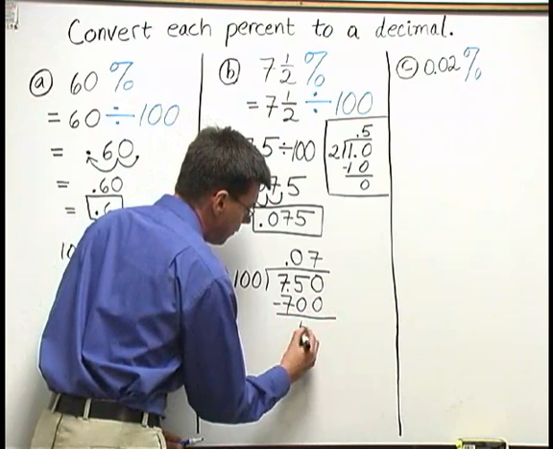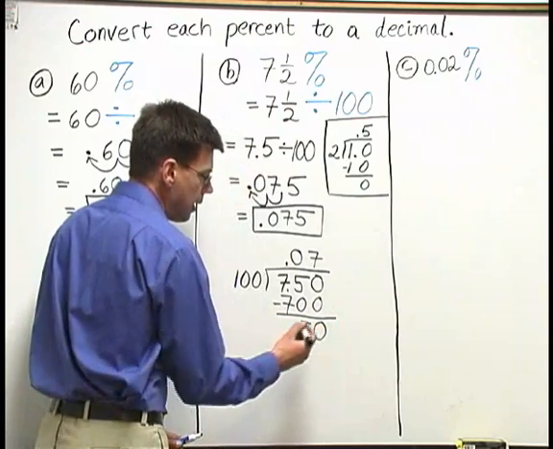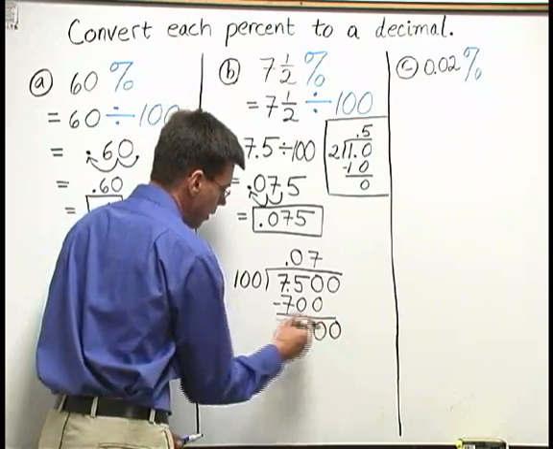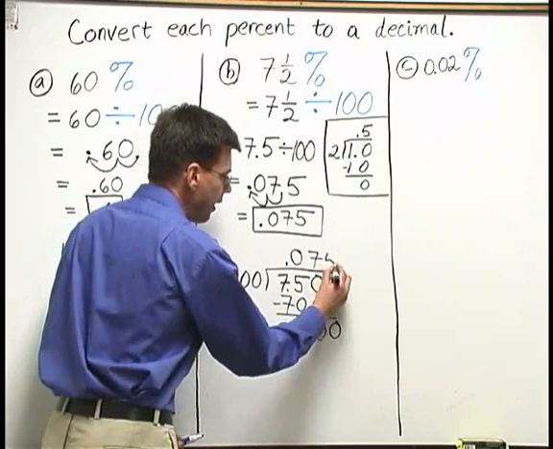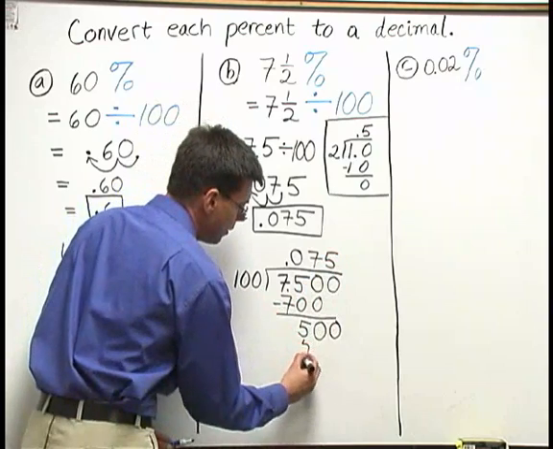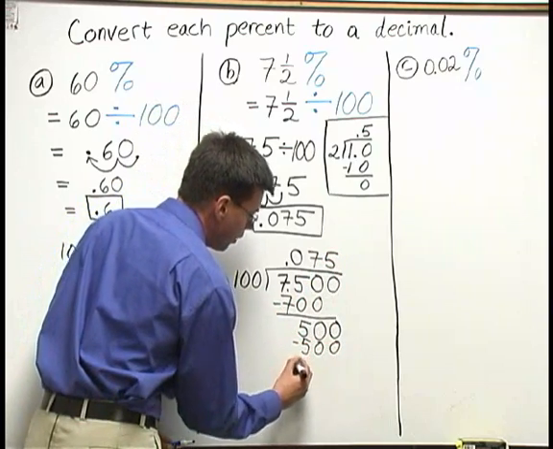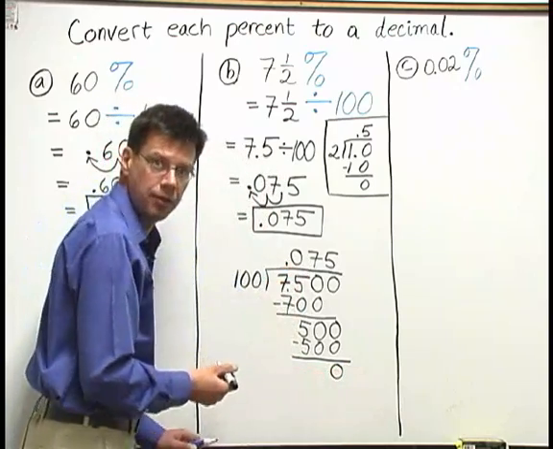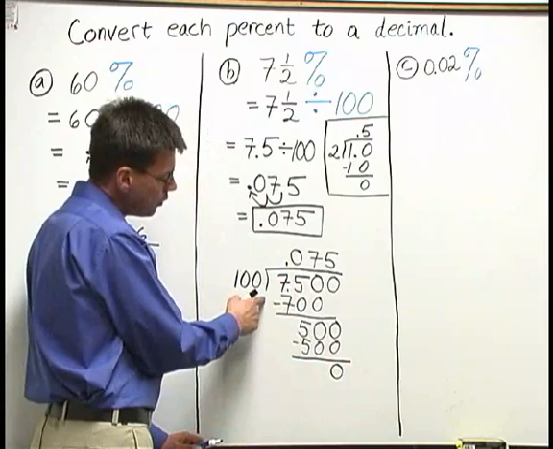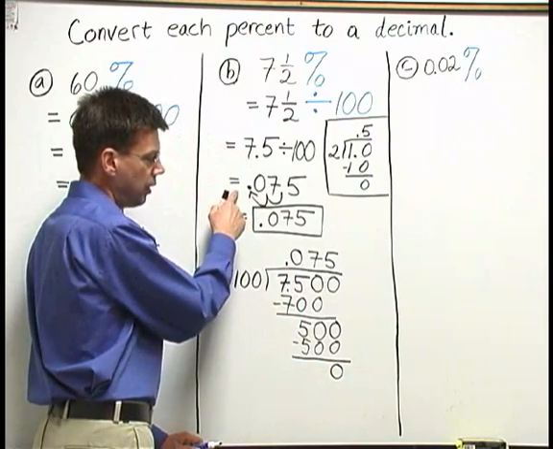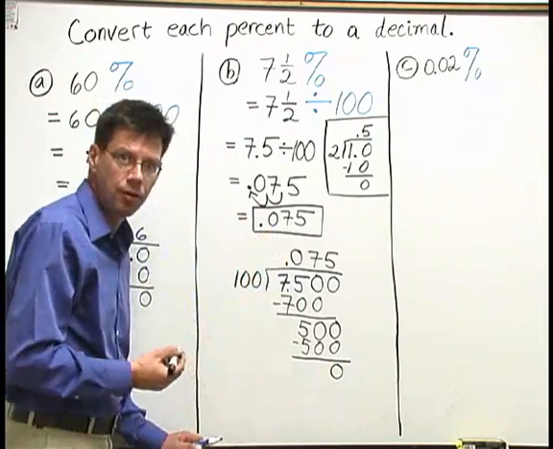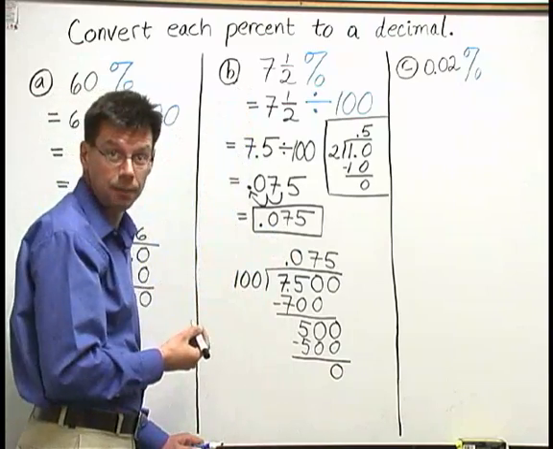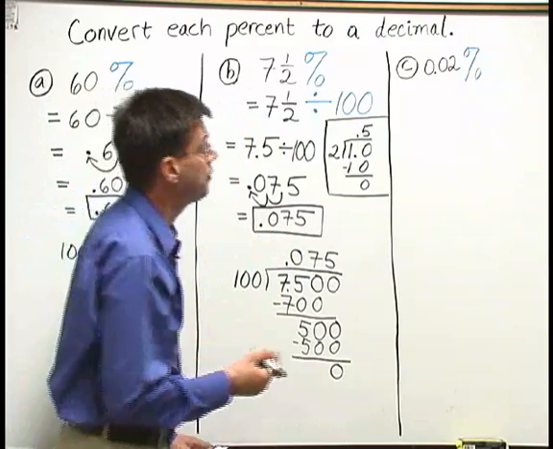Subtract, I get 50. And now I can add on another 0 inside and bring it down. 100 goes into 500 5 times. 5 times 100 is 500. Subtract, I get 0. And there's my 0.075 answer. So whether you do the long division or the shortcut, we end up with 0.075 as the decimal form for 7.5%. Now let's do one more. Let's do C,